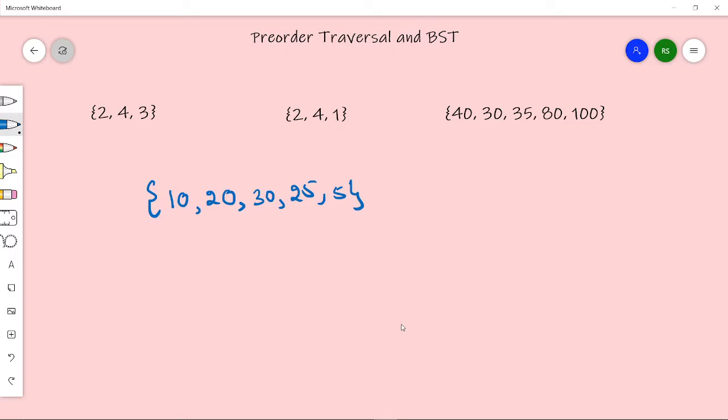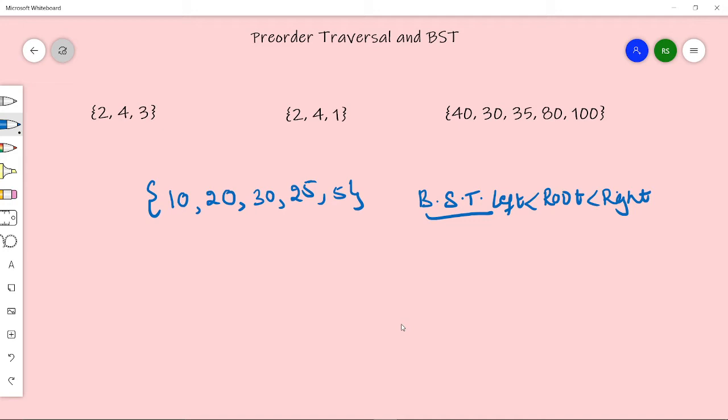Now I want to generate the binary search tree using these numbers. A binary search tree has a condition that the root node has to be greater than the left subtree and lesser than the right subtree. That is, all the elements on the right of the root should be greater than the root node and all the elements in the left subtree should be lesser than the root node.